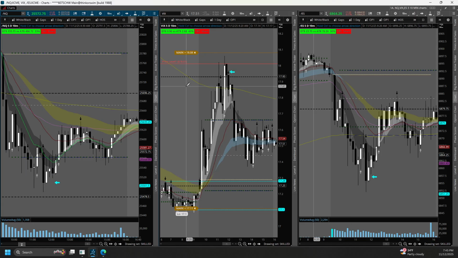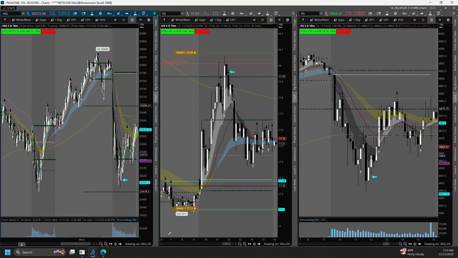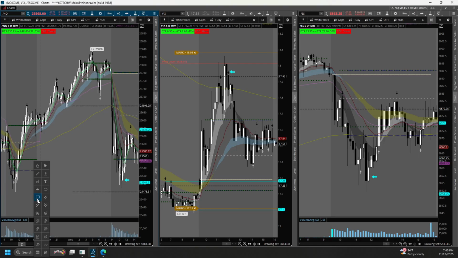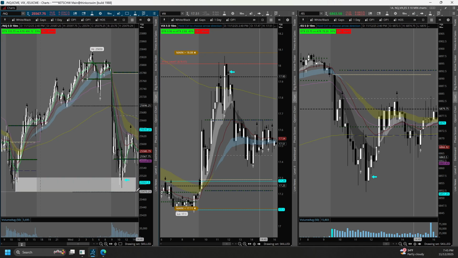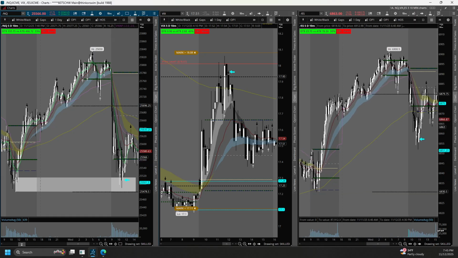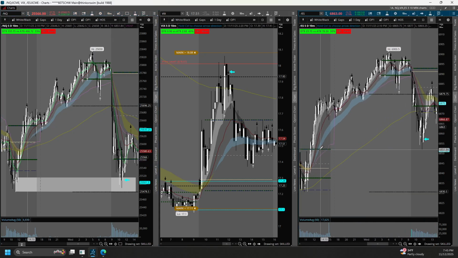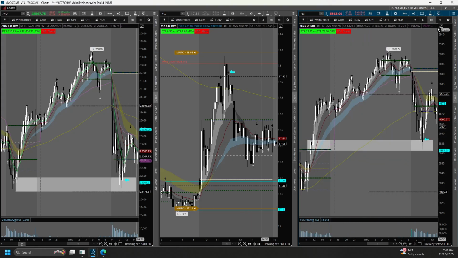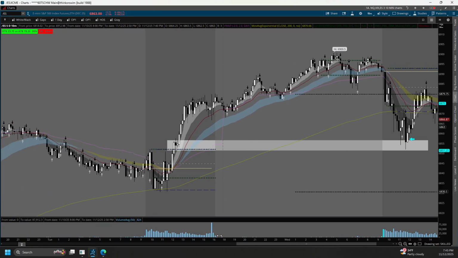But what I really like about using VIX is understanding where the key levels are. Pre-market high, previous day high breaks, it closes back down. Today's low breaks, closes back above, and the prior day's low was there on NQ. So you're seeing some strength from buyers in here. And if we look at ES, it was much stronger. And what is this area on ES? It's ORB high. Prior day's ORB high.